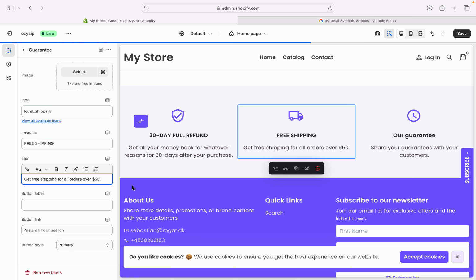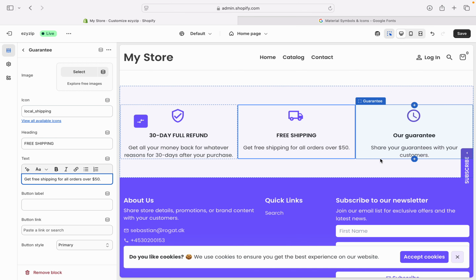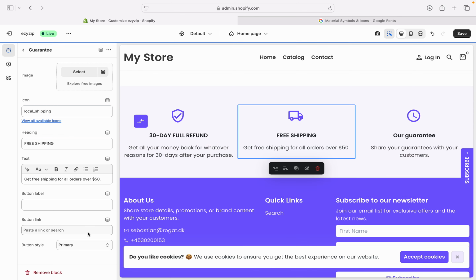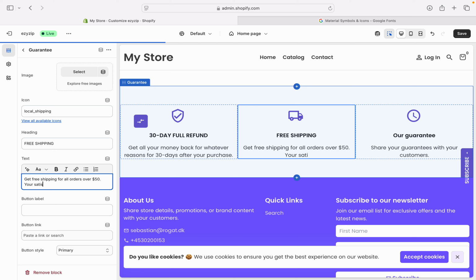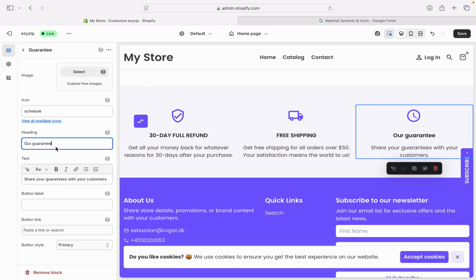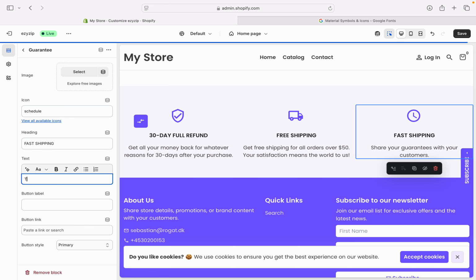Like this, maybe. You can also add another line to make it more even with this one. So maybe I'll just type in like that, and receive your items in